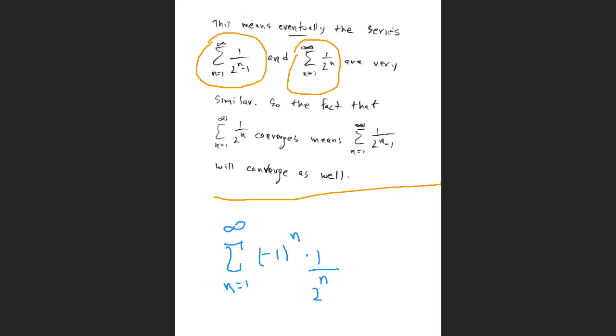This series here is called an alternating series. This is an alternating series because the -1 to the nth power is going to make some of the terms positive, some negative. If I write out just the first couple terms of the series,